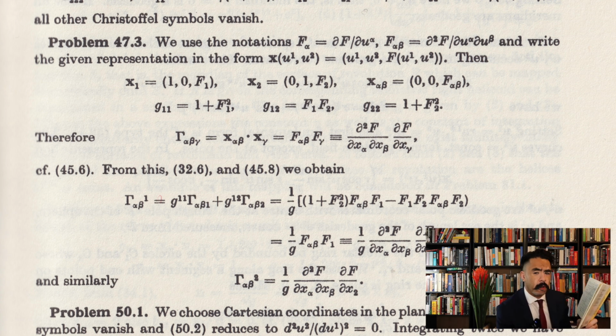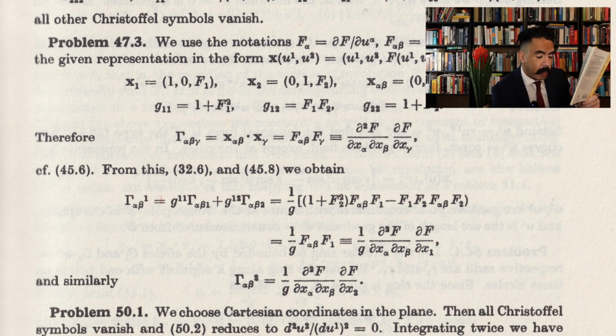From this, and a few other things that we're supposed to remember from previous sections, we obtain that Γ_{αβ}^1 = G^{11} Γ_{αβ,1} + G^{12} Γ_{αβ,2}, which equals then 1/G times the quantity (1 + F_2²) F_{αβ} F_1 − F_1 F_2 F_{αβ} F_2, which equals 1/G times F_{αβ} F_1,